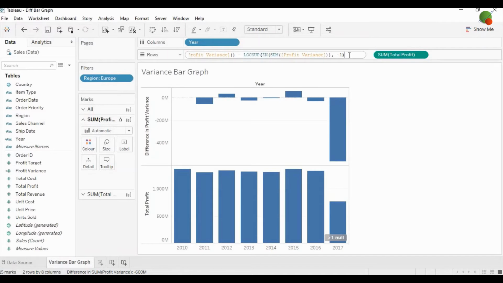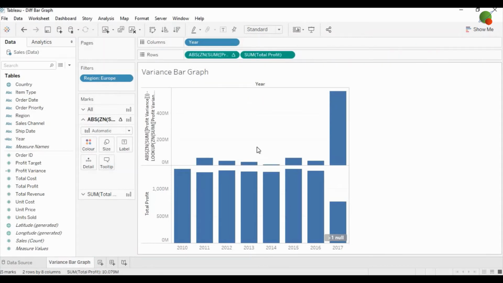First, you just copy this formula, because we will use it to create another calculated field. And before that formula, you need to put the ABS function and then close the bracket. What will this ABS function do? It will change all the differences into positive numbers. So you can see the bar is positive on the top, in the same line.